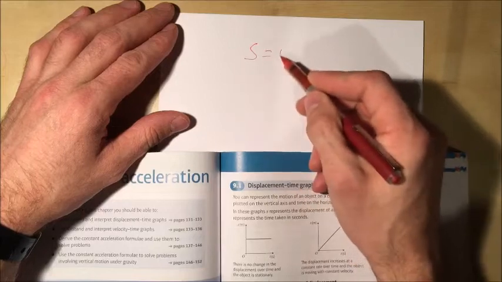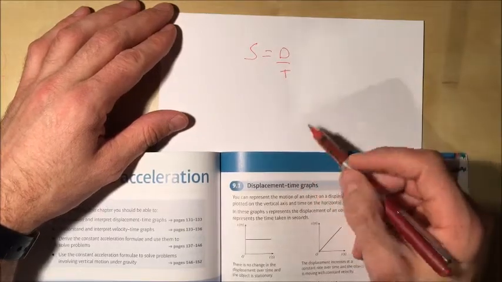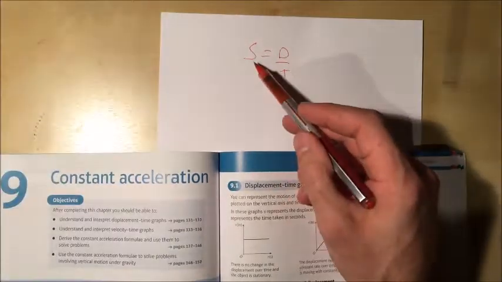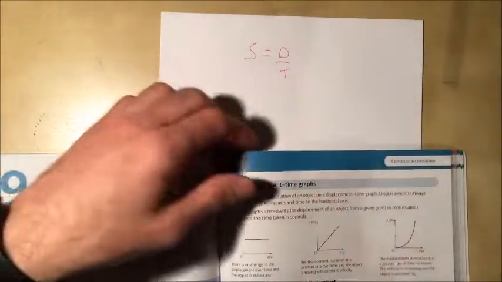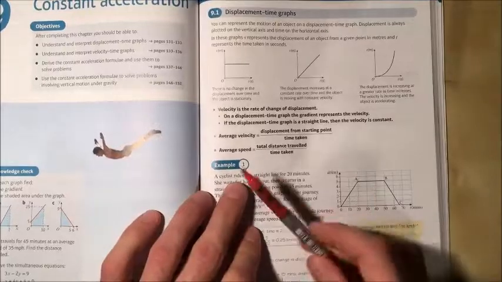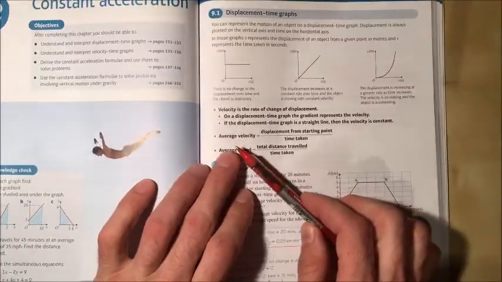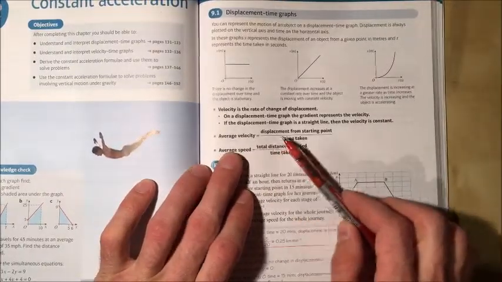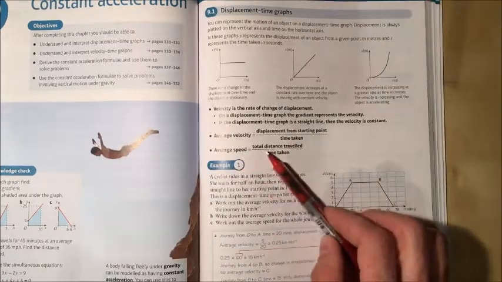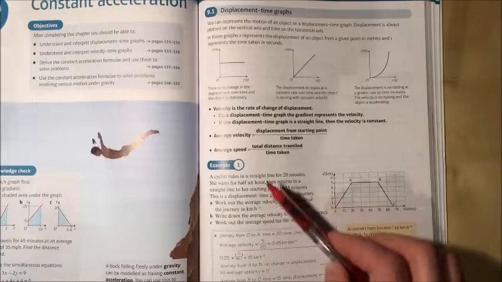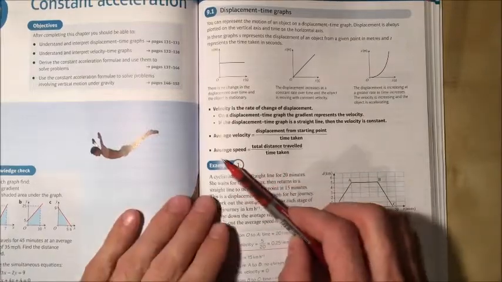Before we get into constant acceleration, we know speed equals distance over time, okay? Now that equation is if we have a constant speed. And that comes back in here. Instead of a constant speed, we could think of it as an average speed, or an average velocity is the displacement from starting time divided by the time taken, or the average speed is the total distance traveled divided by the time taken, okay? So if we've got a constant speed,